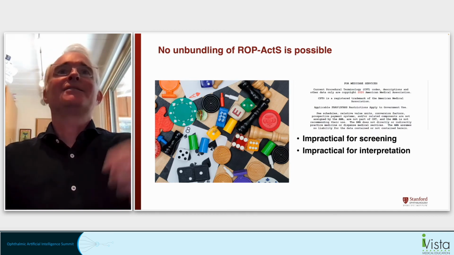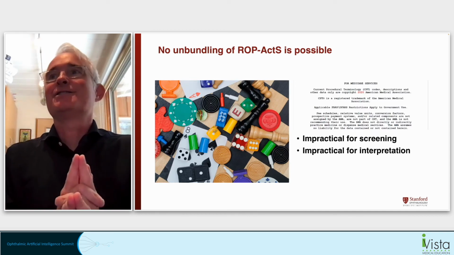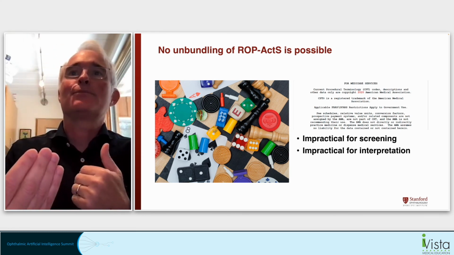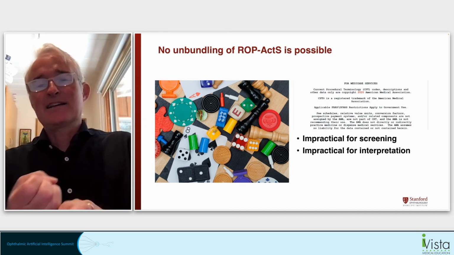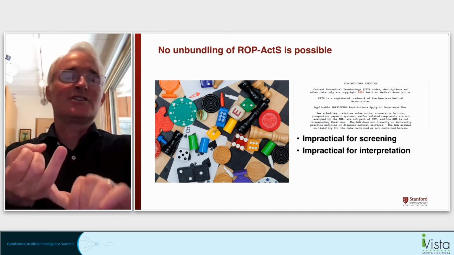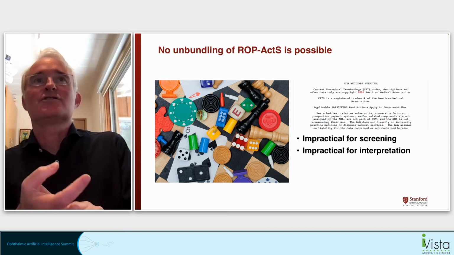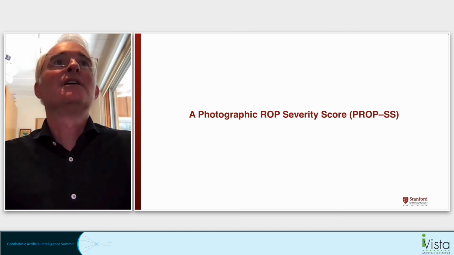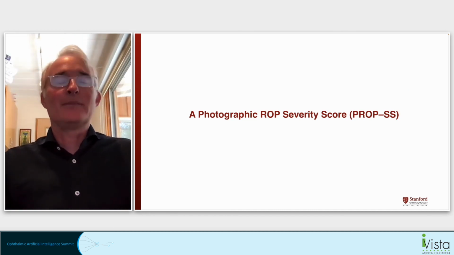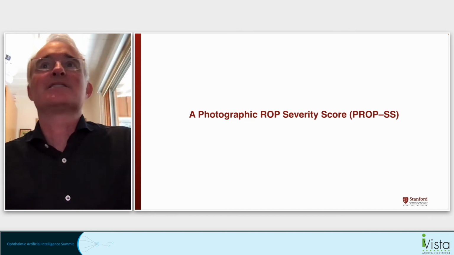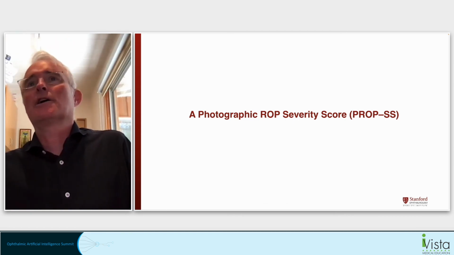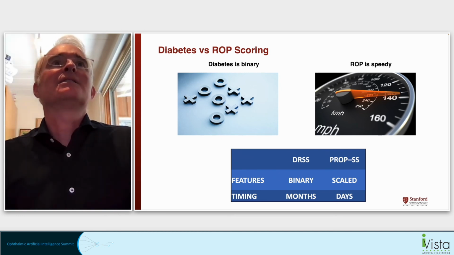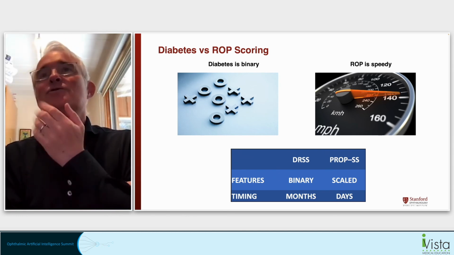And there's no way, very similar to our CPT codes, there's no CCI edits where you can go in and unbundle it, which makes it impractical for screening, and its lack of inclusion of ICROP terminology such as pre-plus, regression, and posterior zone 2 makes it also impractical for interpretation. So based on this, since I do a ton of telemedicine just the old-fashioned way reading this, I was coming up with a photographic retinopathy of prematurity severity score, and I wanted to base it on diabetes DRSS, but there are two key differences between